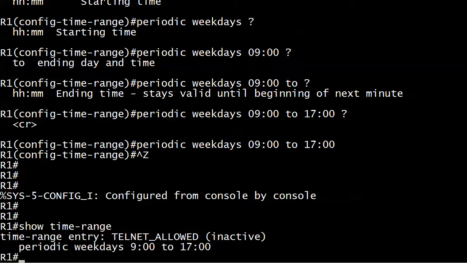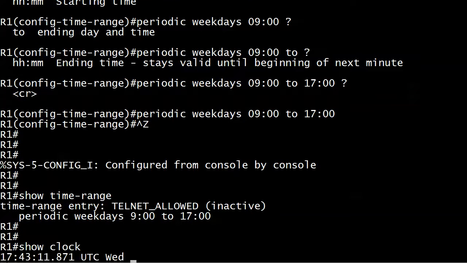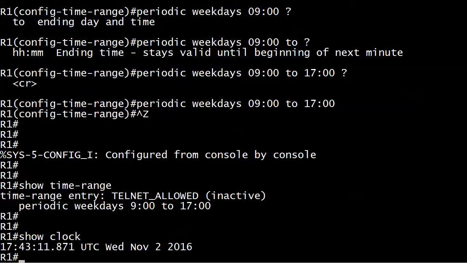So the line you write with time range right now, it's going to be inactive. It'll be there, you'll see it, but it will not be in operation. So that is obviously an important thing to know. Let's go ahead and run show clock here, and we can see that it's 17:43 hours. So we're about 43 minutes after the time where it would have been active. And just for fun, I think we might reset the clock later and make sure we see what happens when it's active as well. But right now, we want to go ahead and tie this to an ACL,